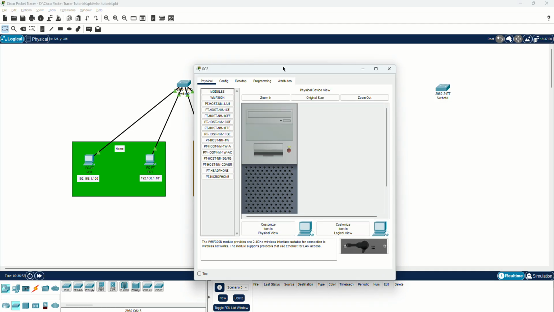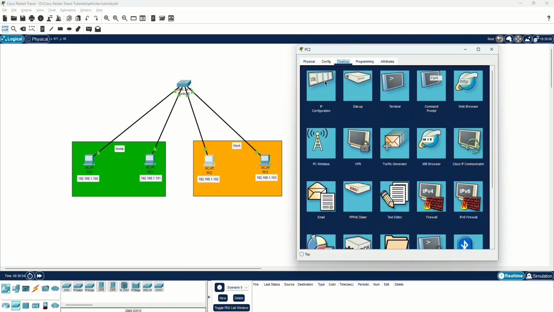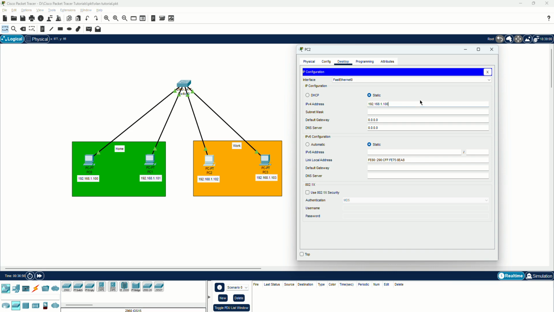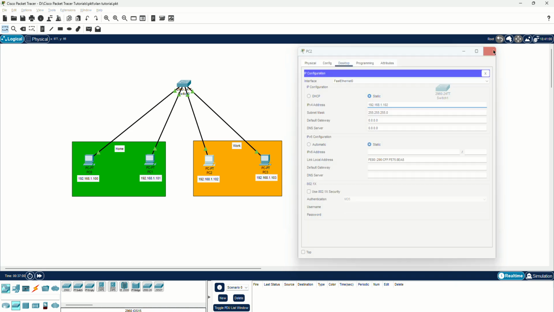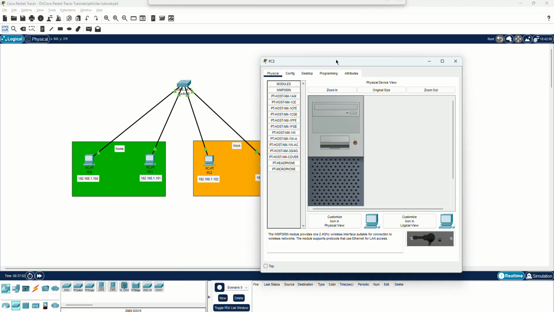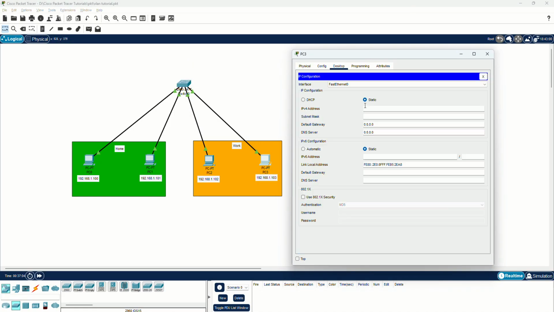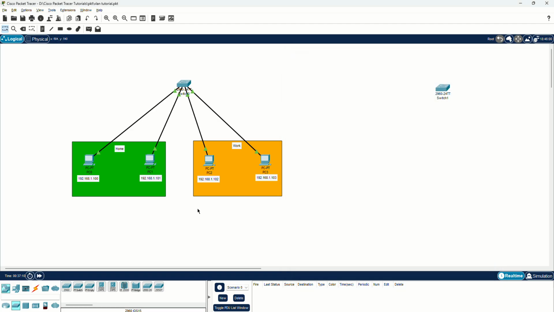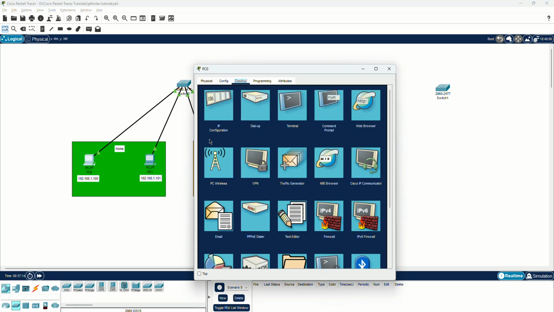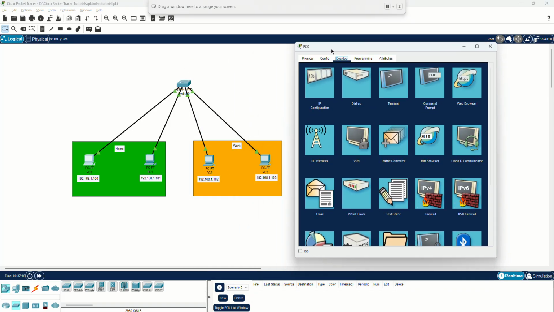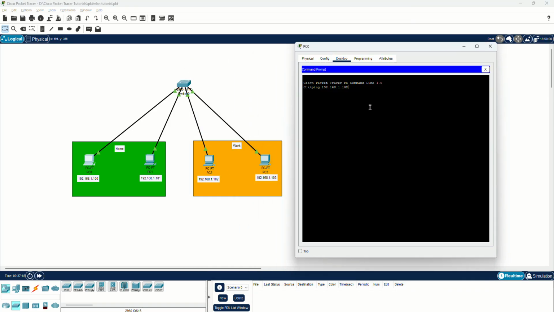The third PC is going to have the address 192.168.1.102, to be exact, and the last PC is going to have the IP address 192.168.1.103, right? So now the IP addresses are assigned for each computer statically, and we can ping every single PC from every other PC